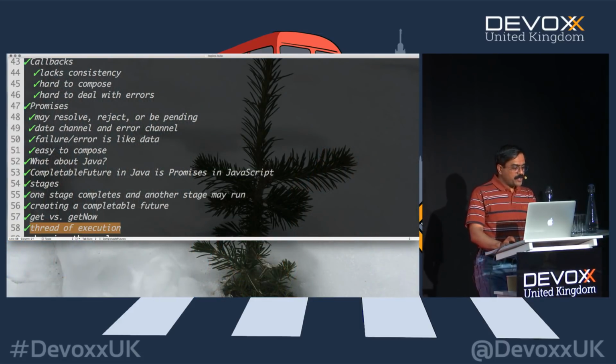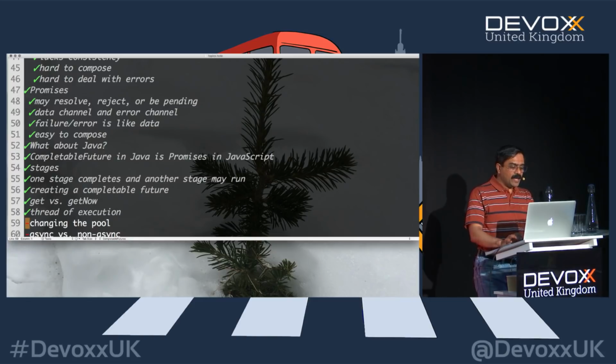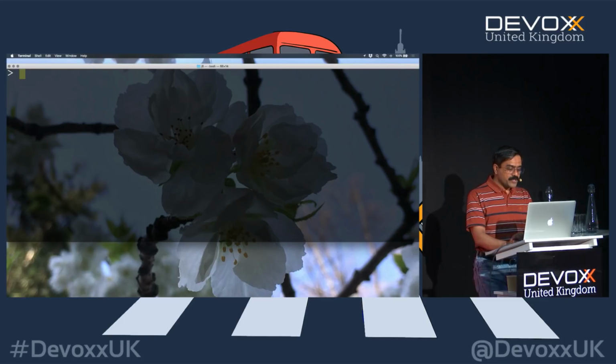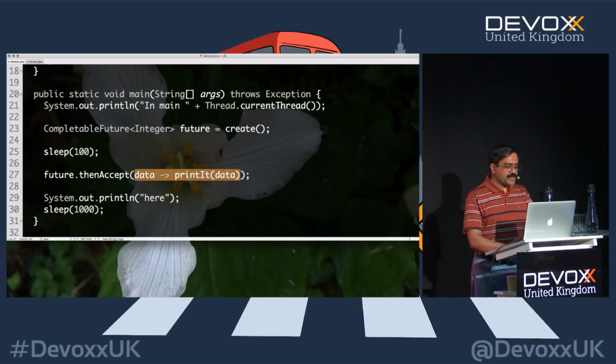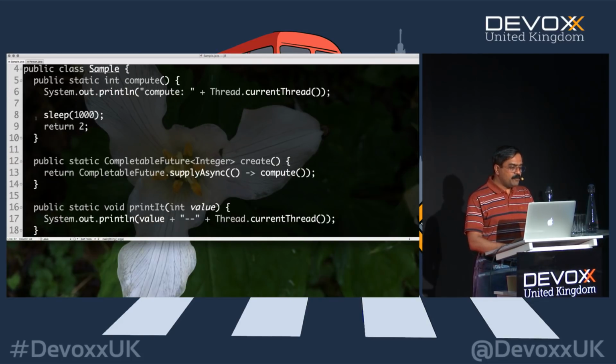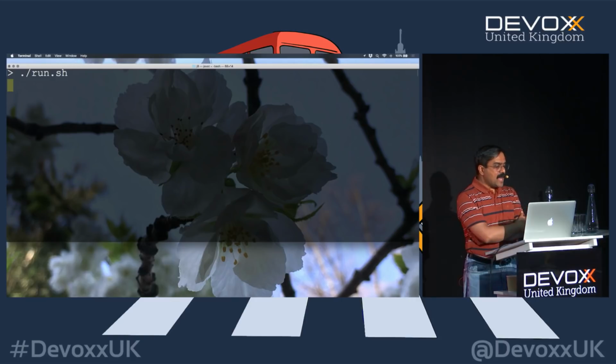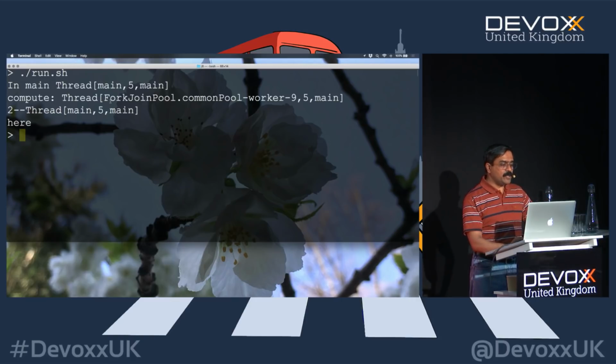Now that begs the question, we saw this executing in the ForkJoinPool, the common pool, as you just saw here. Again, going back to this example, let's remove the sleep for a second. And if we run the code we just saw here, you will notice that in this case the execution of compute is in the common pool. That's where it's executing. Oh, wait a minute, what if I don't want this to run in a common pool? What do I do in that case?